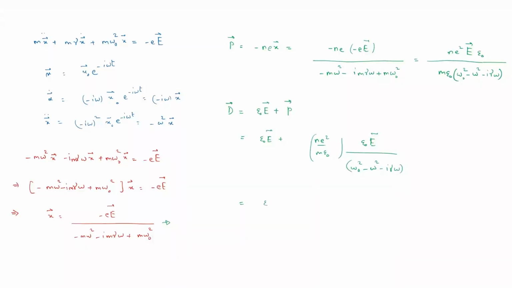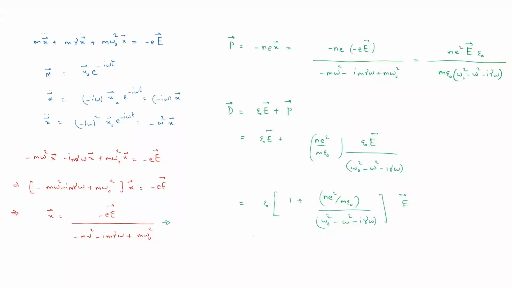That implies epsilon naught, then we will take this common, 1 plus n e square upon m epsilon naught divided by omega naught square minus omega square minus i gamma omega,